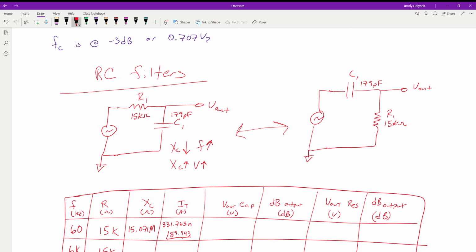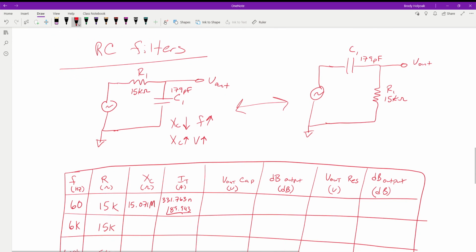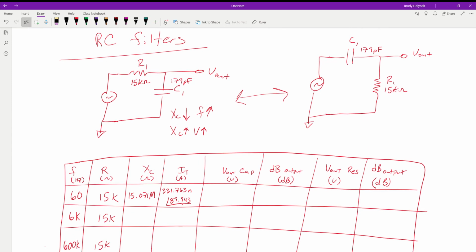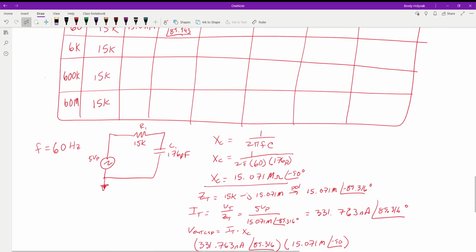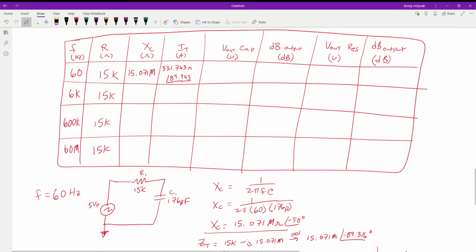So if we were to look at this, even with the same circuit we're working on here with this first one, if we were just to switch this and shift our output over to R1 or change our ground or whatever, that's really what we're doing. So we don't even have to redraw it. We can get the current and we can solve the voltage drops across each of these just like we've done before, but now we're actually taking an interest in where the output is coming from. And like I said, we'll talk about these once we get this chart filled in.